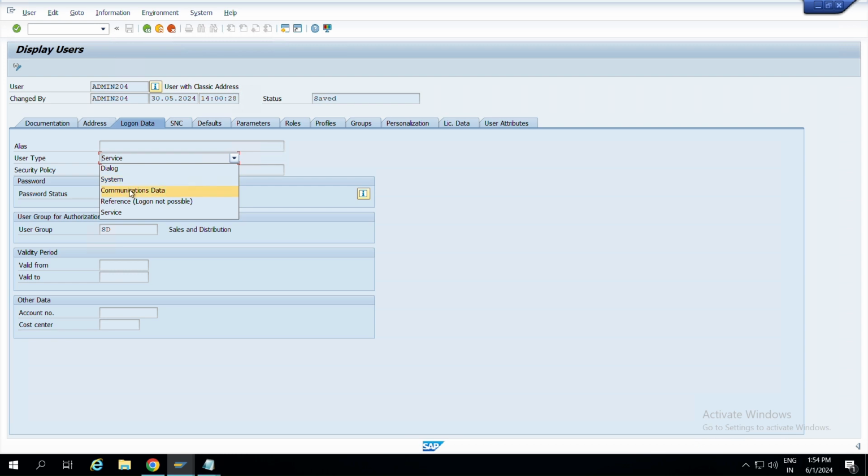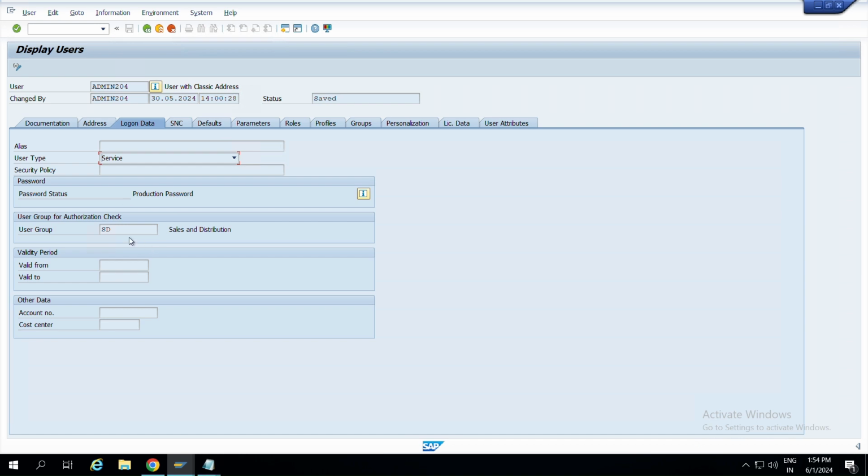But for communication user, it will ask for an expired or initial password. It depends on the logon method, whether it's interactive or non-interactive. And in communication and system, multiple logons are allowed. This is regarding user types.